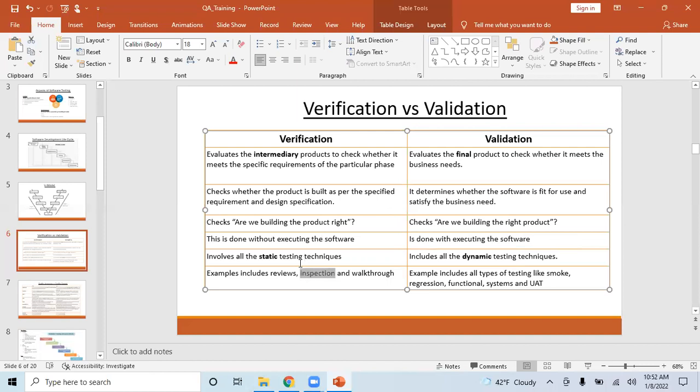During those times they have to show that we do inspections, walkthroughs, and these kinds of techniques. That's where they create these documents for inspections, reviews, and all.